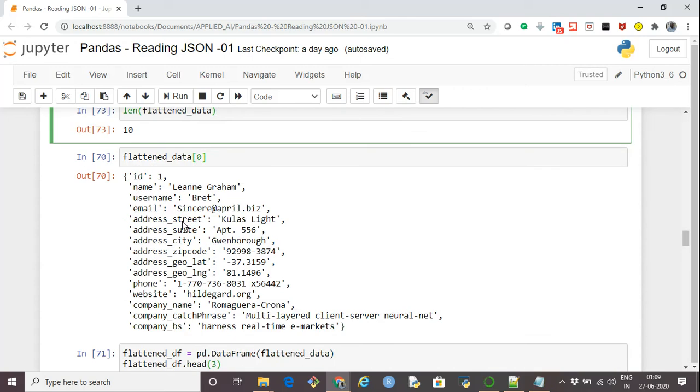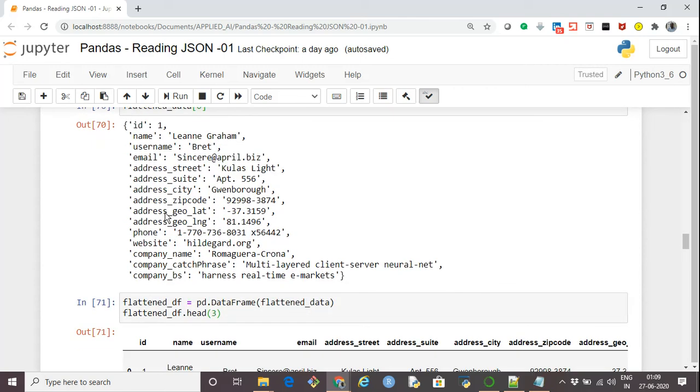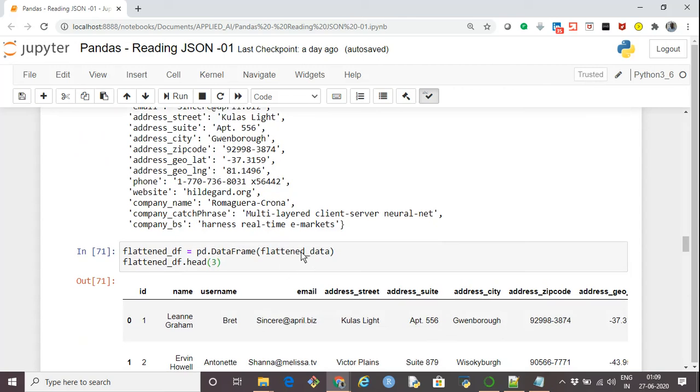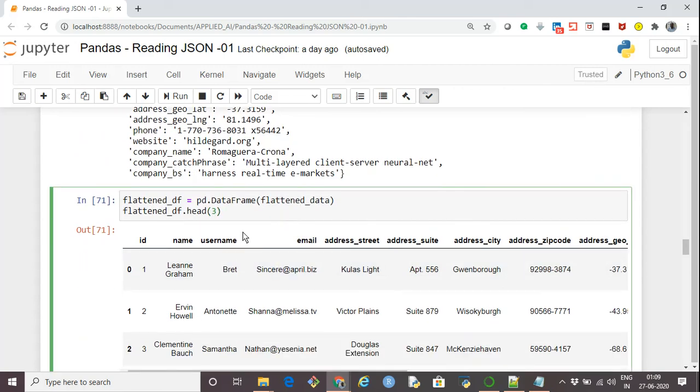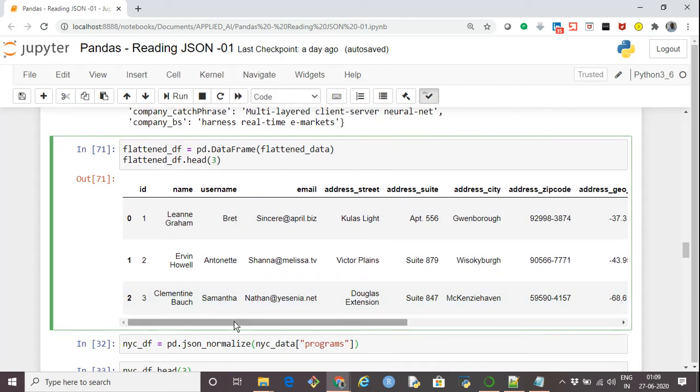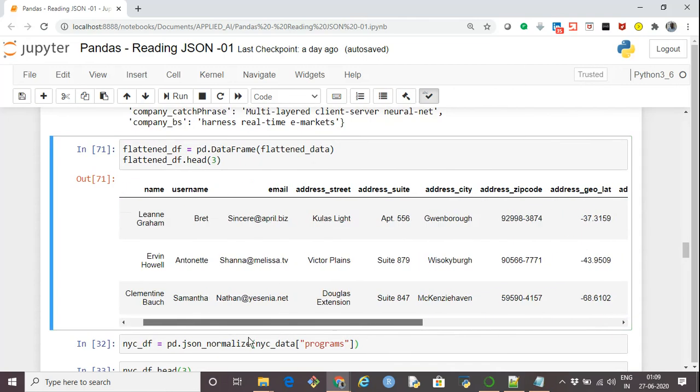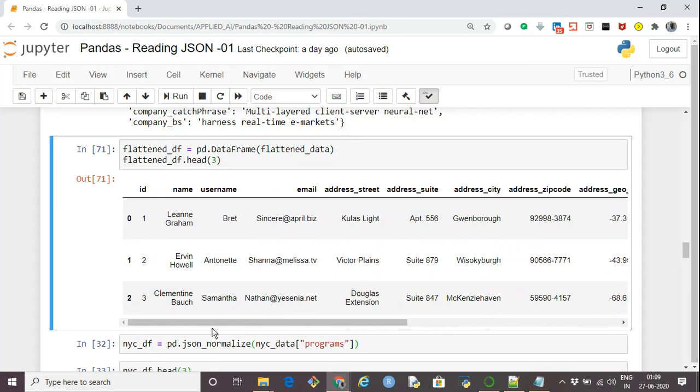So now the data is flattened. What we have to do is put it in a data frame using pd.DataFrame, passing it this flattened data. If we see the first three records, this is what we got. This is our flattened data. All the values that were in nested JSON have been flattened.